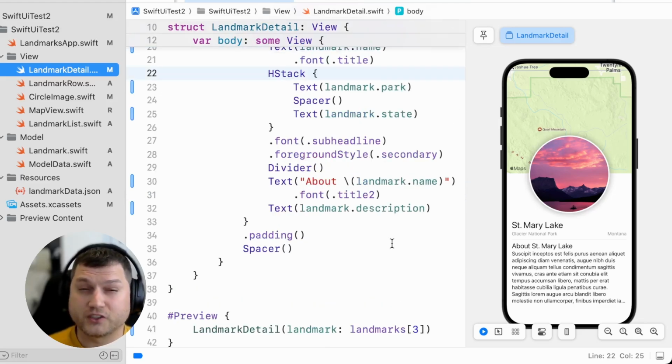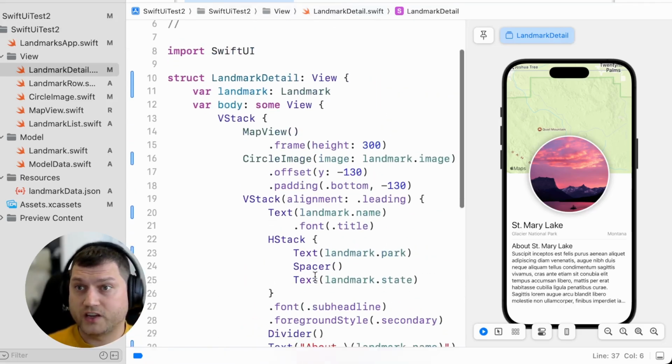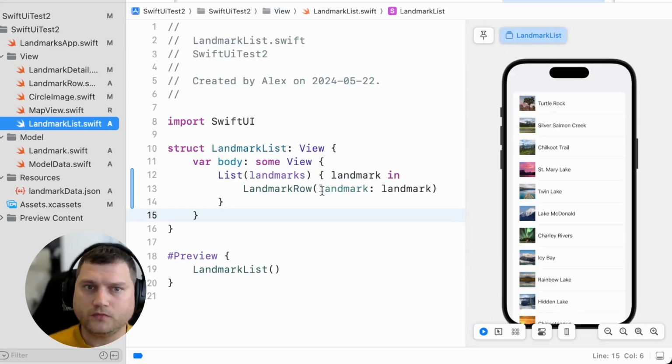I mean, for sure, SwiftUI is easy as hell, with only one exception, that the syntax, of course, is just something you need to get used to. But the amount of time you spend on this is ridiculously small. Okay, let's go back to the landmark list. And landmark list will be wrapped in something that is called navigation